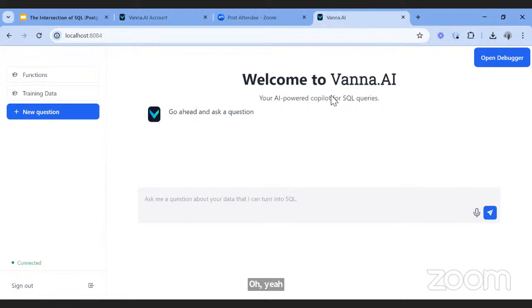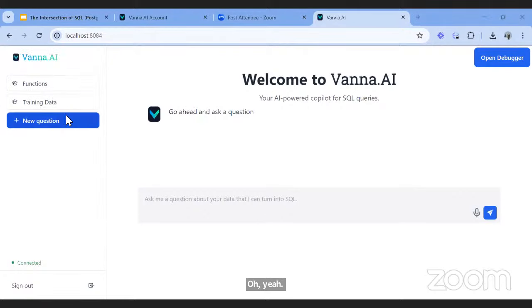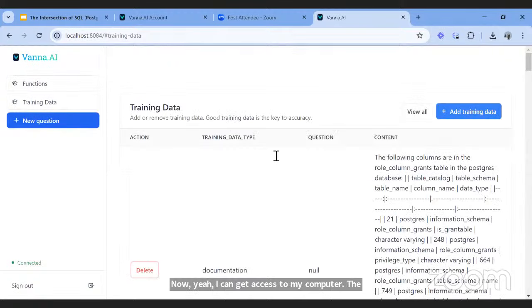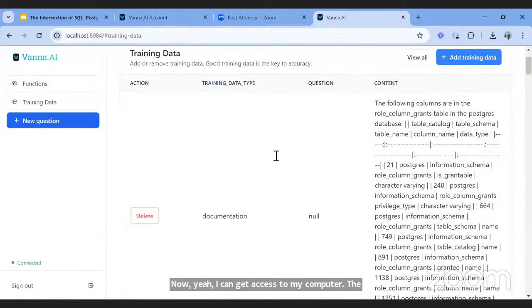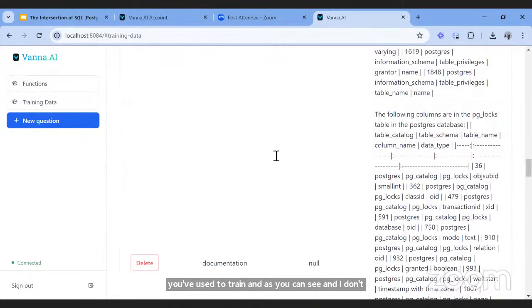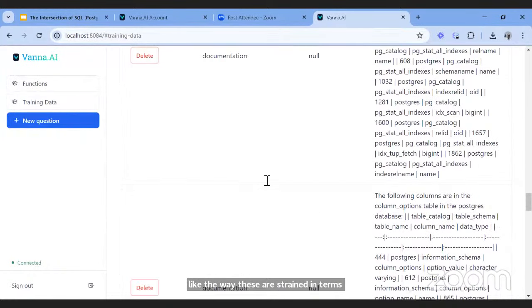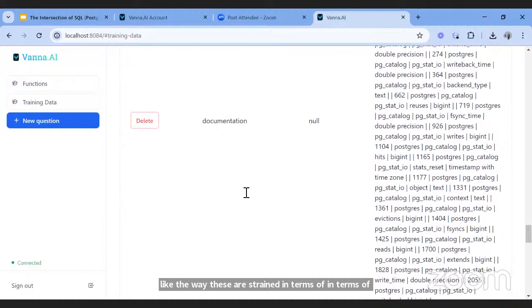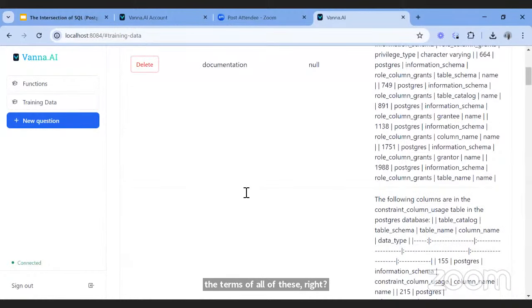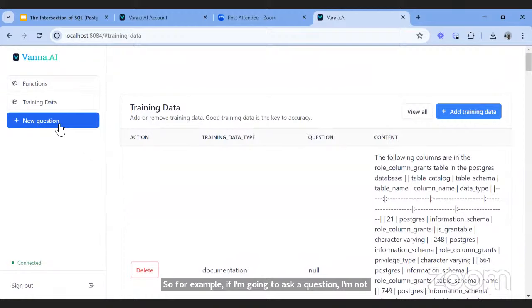Yeah, now I can gain access to my training data, the data used to train the model. And as you can see, I don't like the way this is trained. For example, if I ask a question, I'm not going to get anything.